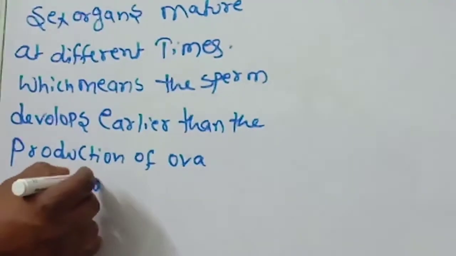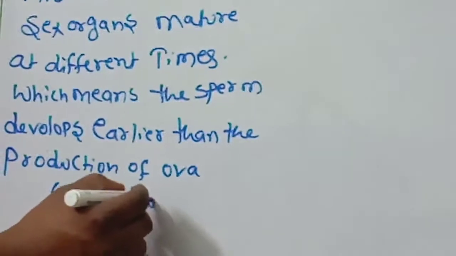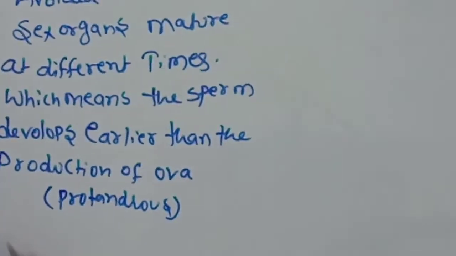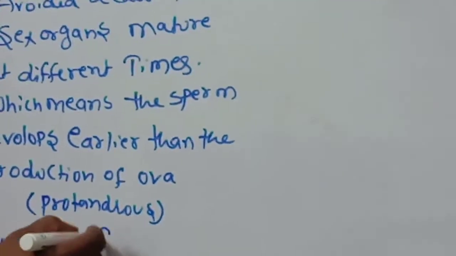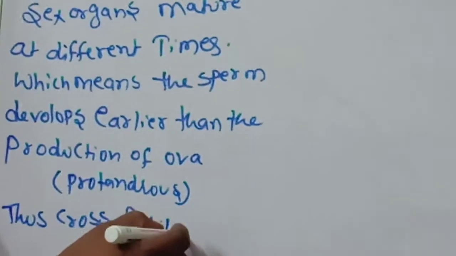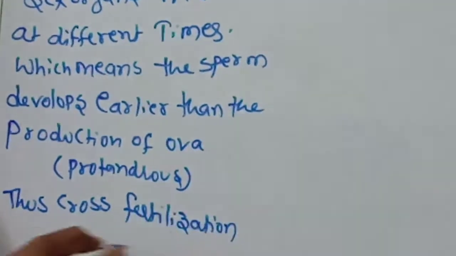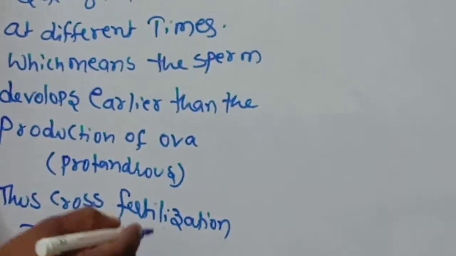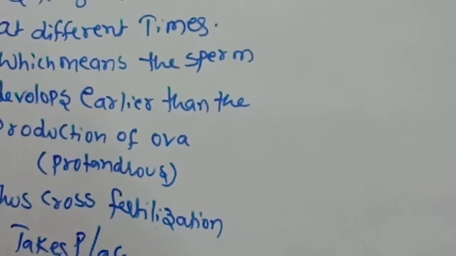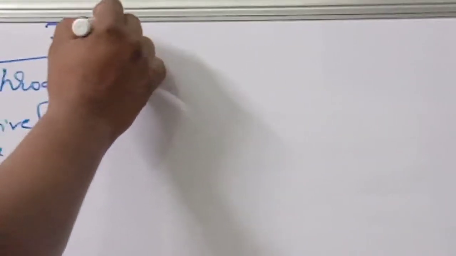Protandrous. What is called protandrous. Thus cross fertilization takes place. Okay, children, now we are going to discuss very deeply about the male and female reproductive organs. In the male reproductive system,